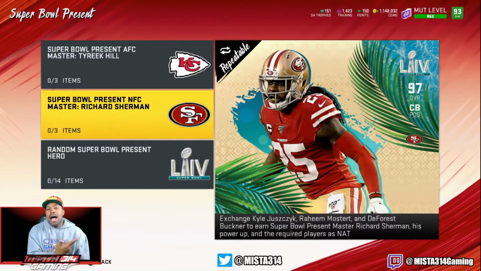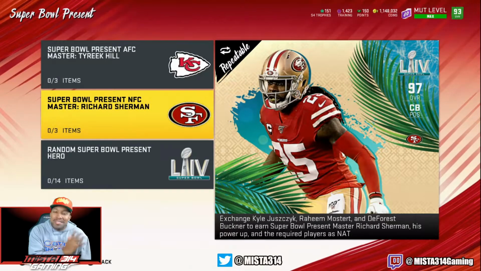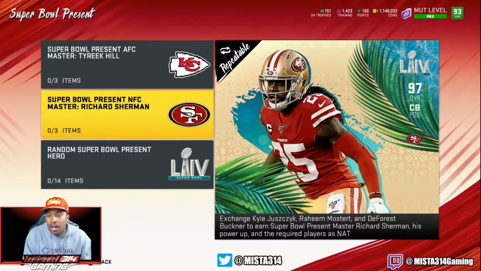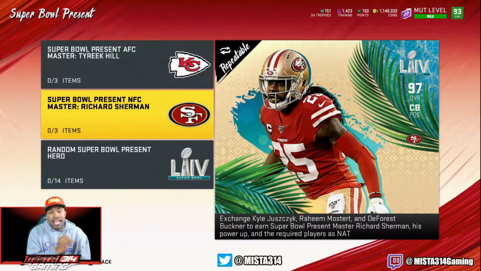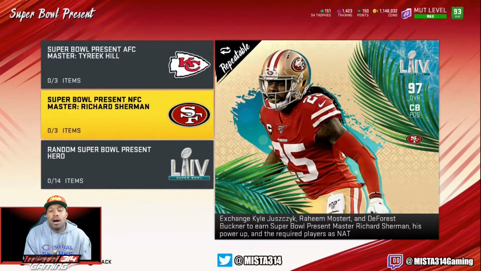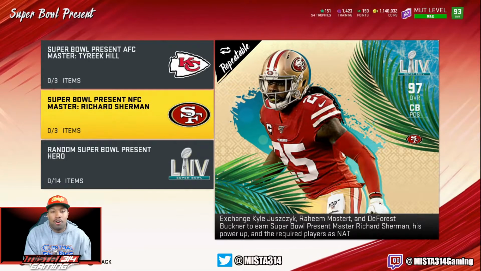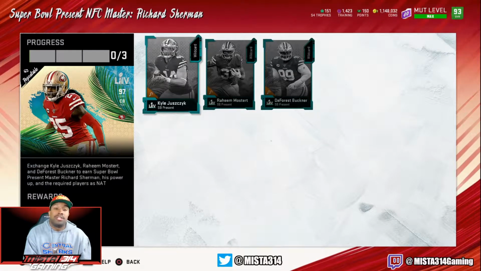Now we're going to go to the other side first and check them out. We're going to see what they got going. We're going to save the best for last. We're going to hop into the 49ers side. And as you know, I sent the video out two days ago. They gave us a sneak peek of the first card in this Super Bowl Present promotion, and it was this Richard Sherman. And I told y'all before, this Richard Sherman card itself looks ridiculous,